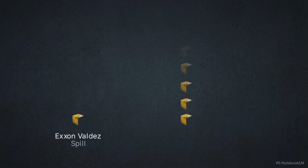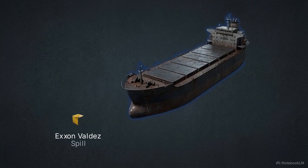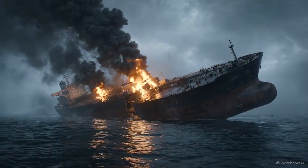A fully loaded VLCC holds about 2 million barrels of oil. That is 84 million gallons, a volume roughly 8 times larger than the entire Exxon Valdez spill, all contained in a single hull. If a targeted bombing blows that hull wide open, it results in the total loss of the